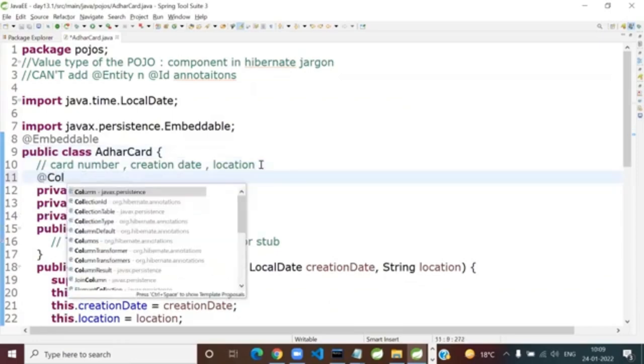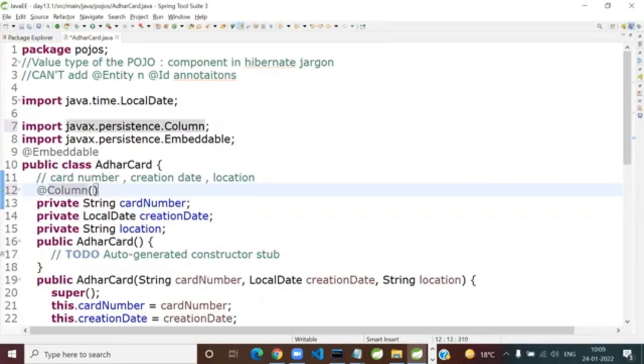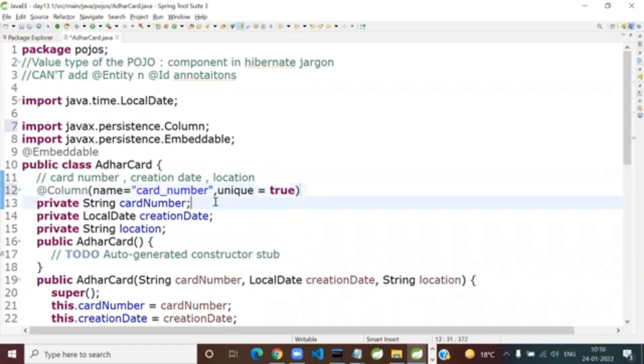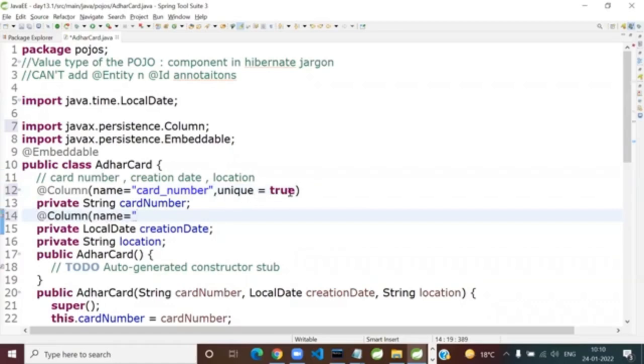So the column names will be fine. Card number has to be unique, right? So I'll give the name also. This part you can do on your own. And all this is super basic Hibernate. Embeddable is the thing you'll watch out for. And here, oh, it's a string, right?